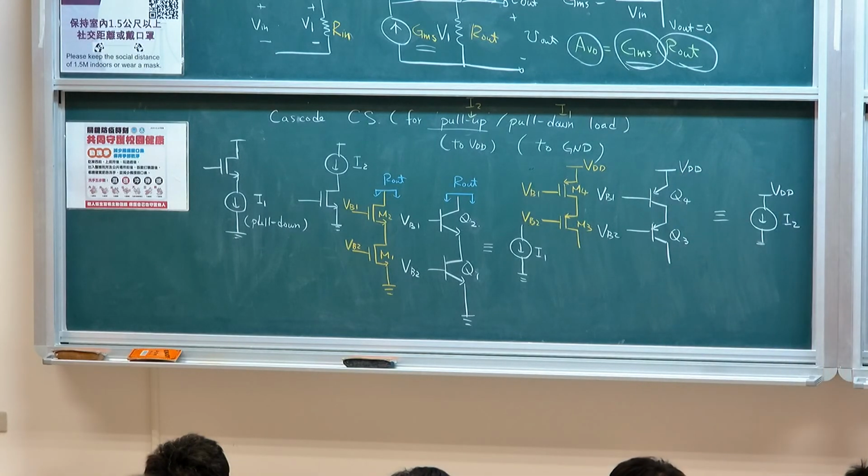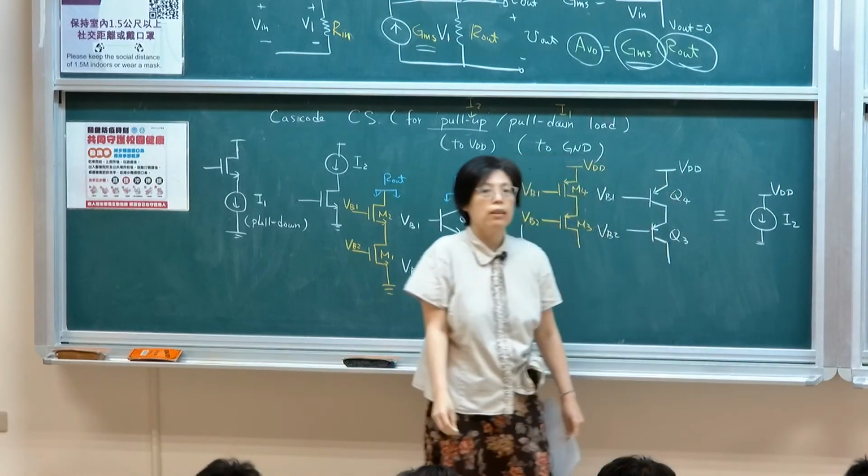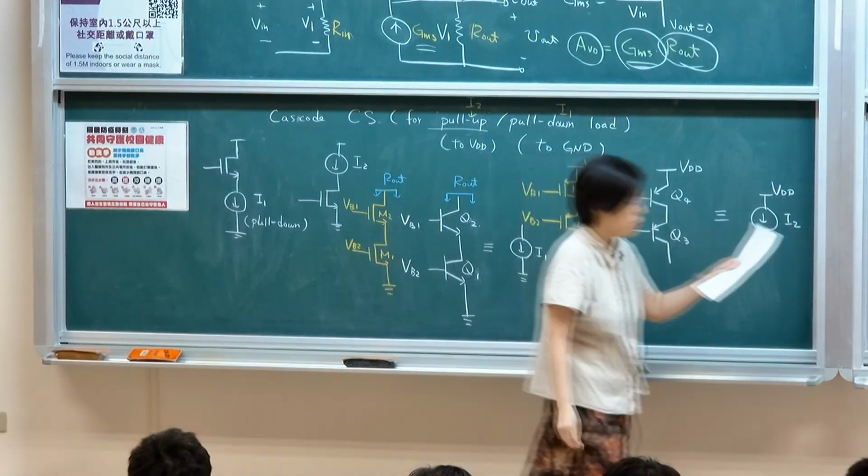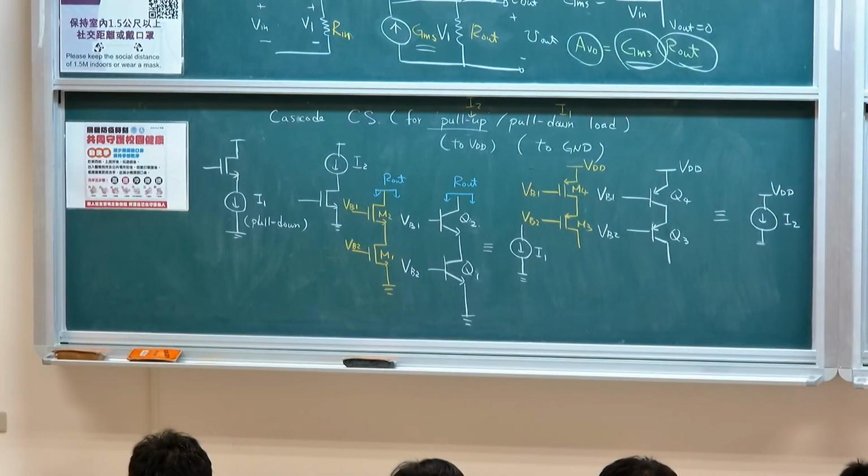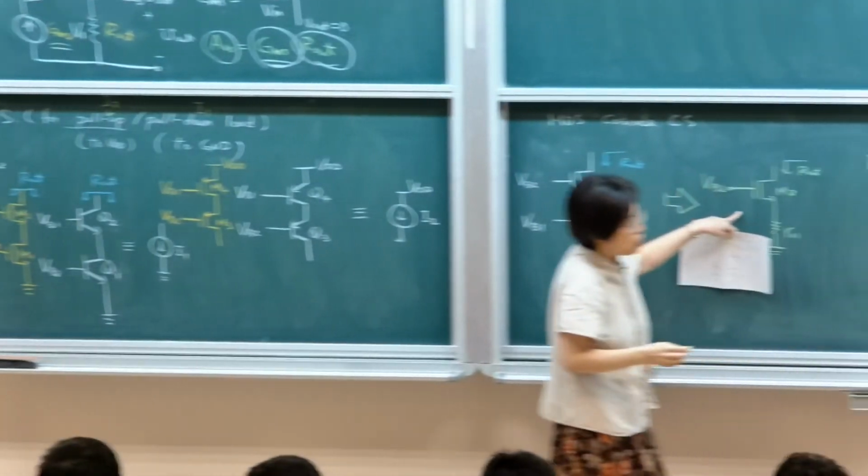So this is equivalent to this. I'm looking in from here for output resistance. Go back and look at the common gate at its output terminal. Your output resistance, go back and check the equation, is 1 plus gm2 ro2,